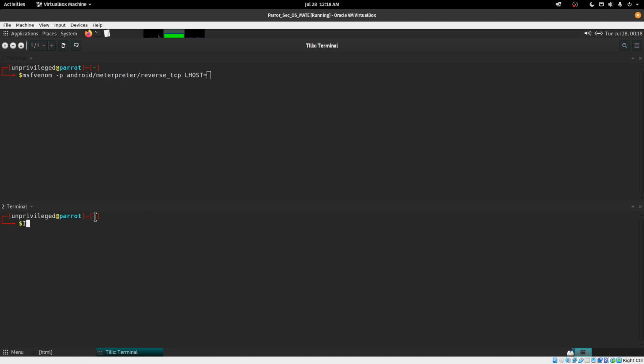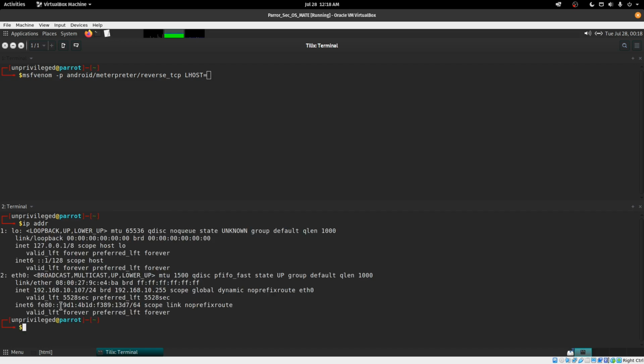Type ip addr. See, my IP address is 192.168.10.107. We also need another parameter, LPORT equal to 4444, which is the default port for it,